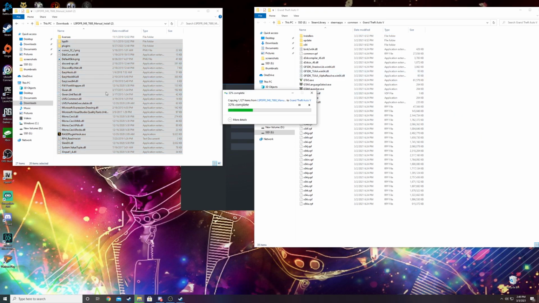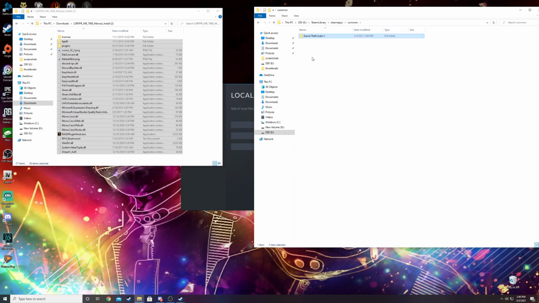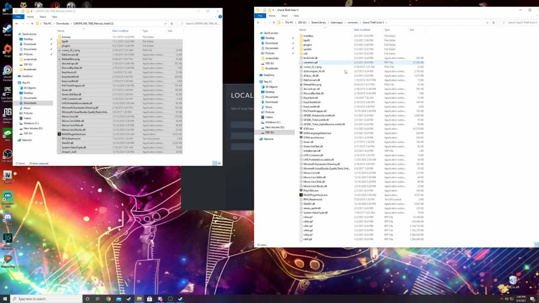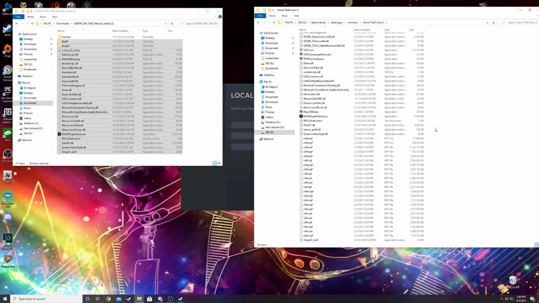And it's going to copy all that. This is LSPDFR, so it's going to copy all those files into your GTA 5 main directory. So make sure you have it open. So it looks like it all went in there nice and easy. But yeah, make sure you go into the folder. I definitely recommend that. Go into the folder and then have this screen and then drag and drop all that